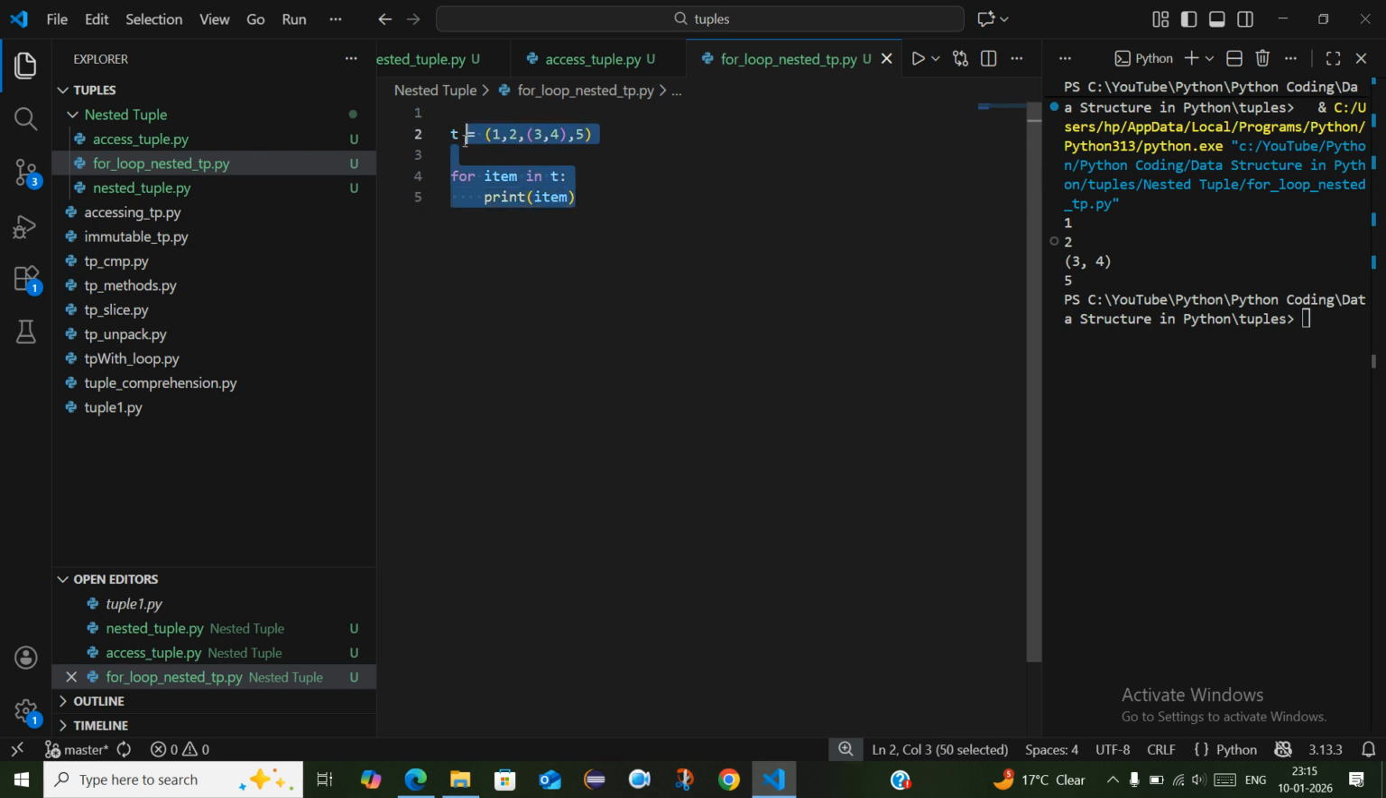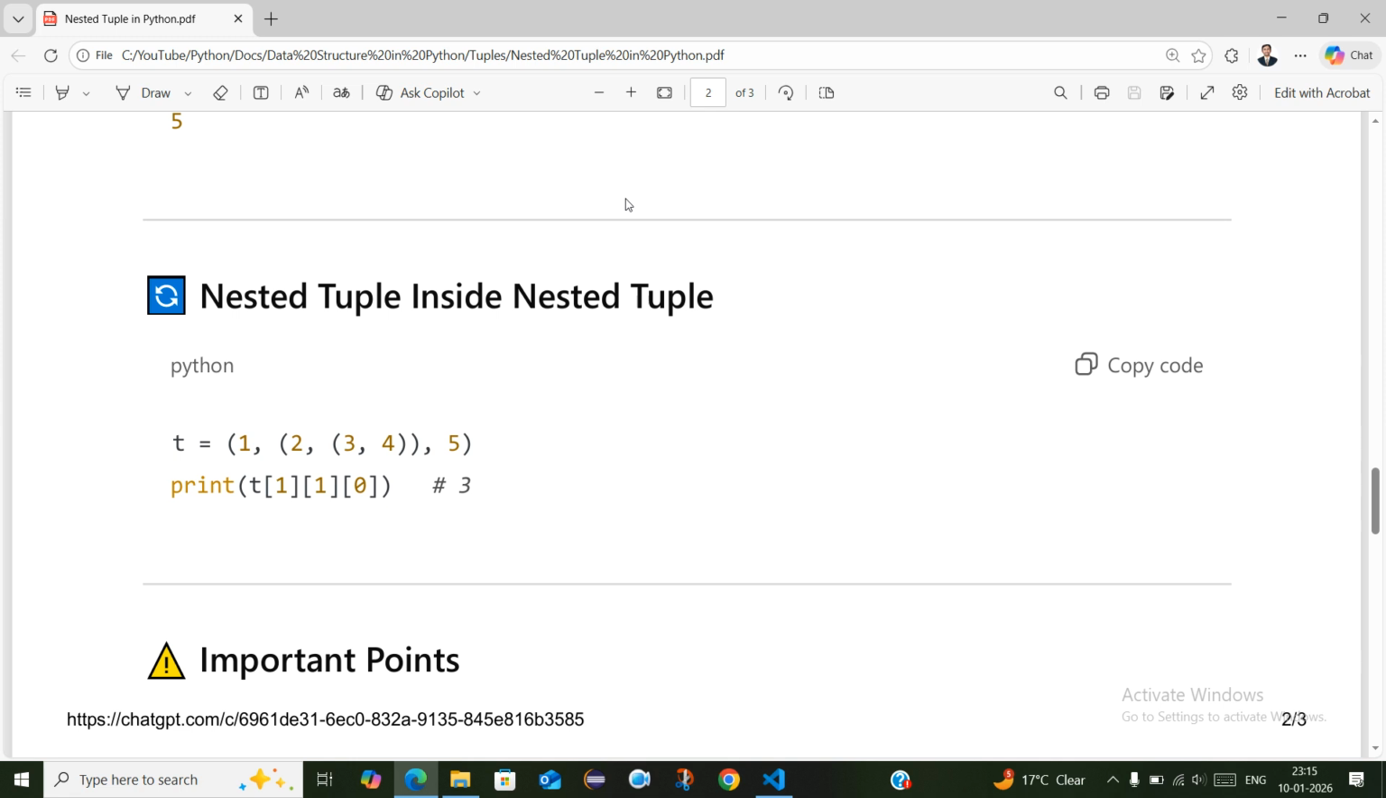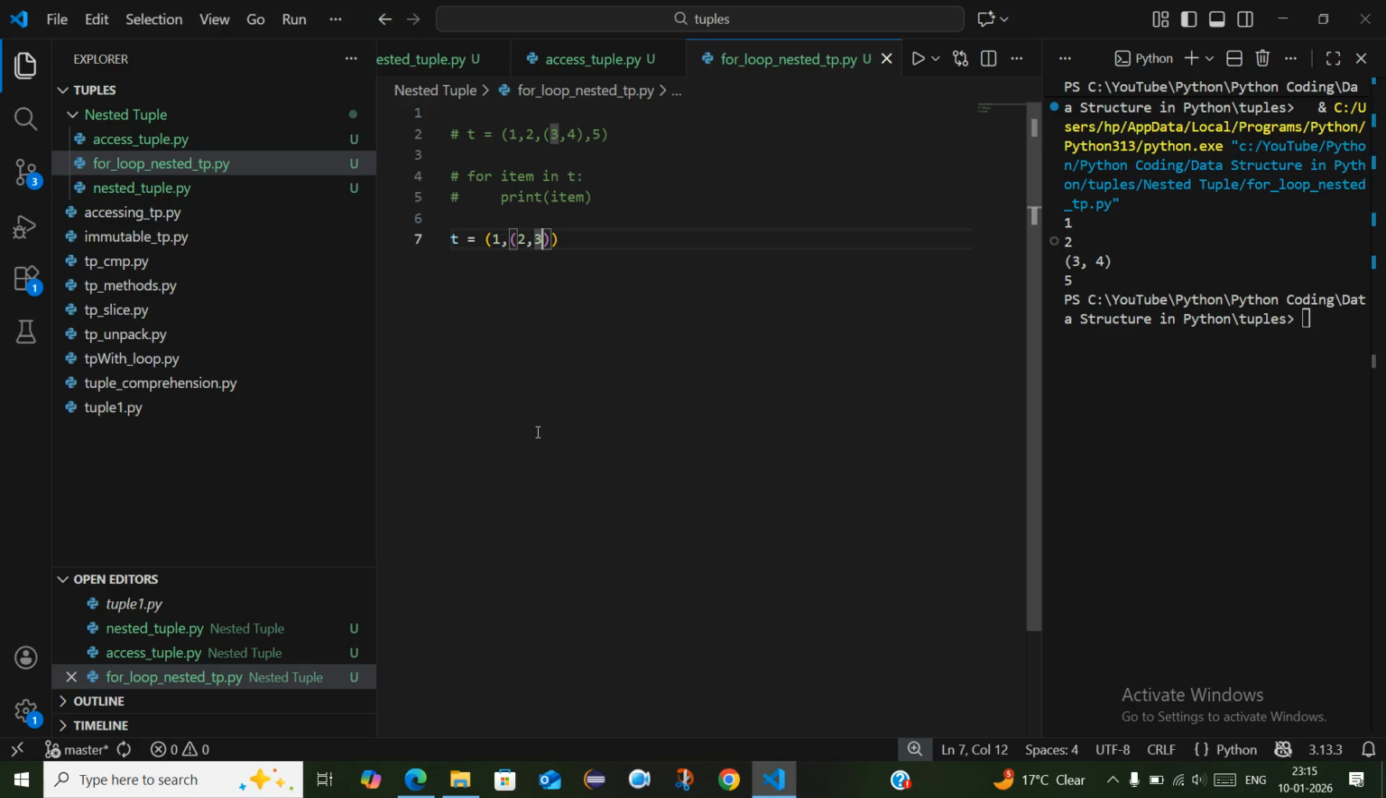I am commenting out this tuple now, for creating a nested tuple of a nested tuple. Suppose t equals 1, comma. So see, this is one tuple, right? I am giving one value, and after that I have created another tuple, 2, 3, so you can see 1, 2, 3. Just created 2,